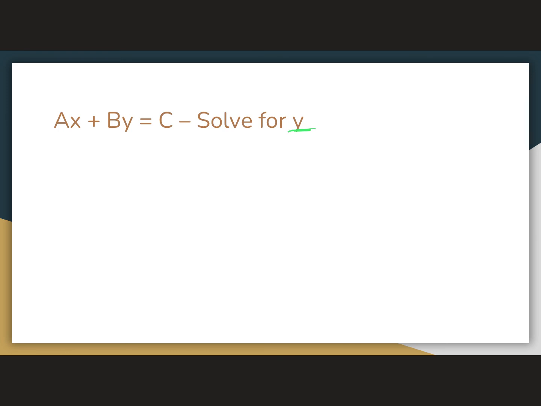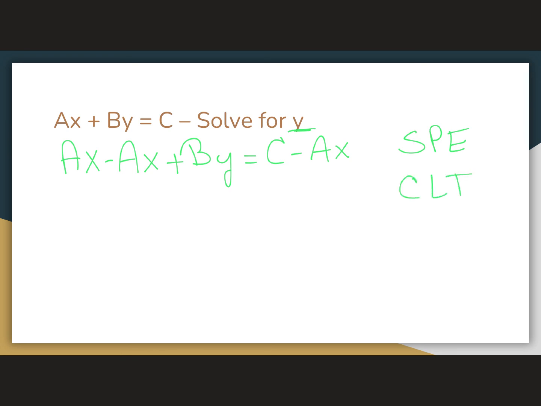Okay. Our first step is going to be to subtract AX from both sides. AX minus AX plus BY equals C minus AX. I'm simply using my subtraction property of equality. When I combine my like terms, I get BY equals C minus AX. Now I am solving for Y, so